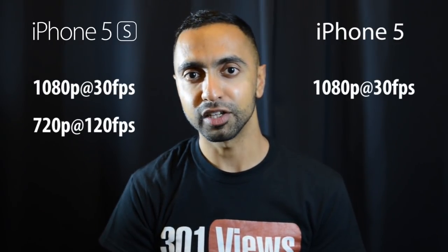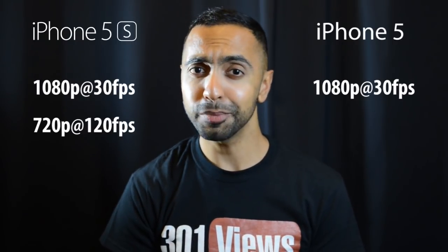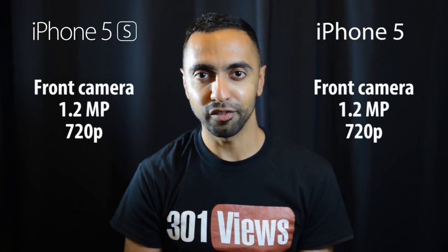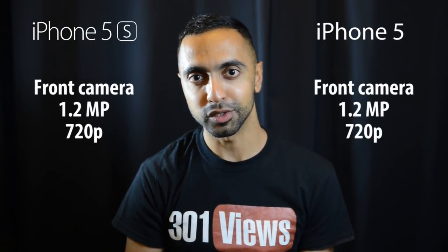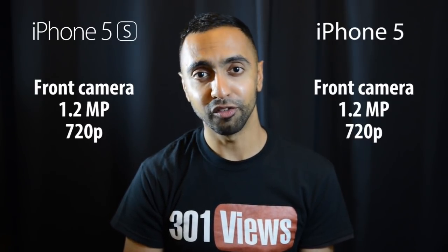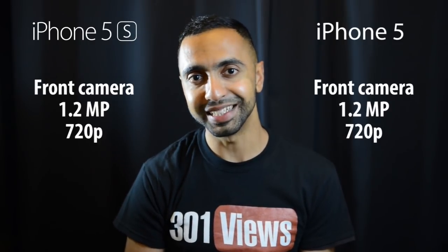However, the iPhone 5s also offers 120 frames a second at 720p. This is going to be absolutely great for slow motion, and that's really nice to see. Front facing cameras, however, are both 1.2 megapixels and only 720p, so that's something that I'm quite disappointed about. I would have liked to have seen 1080p from the front facing camera on the 5s, but it is still